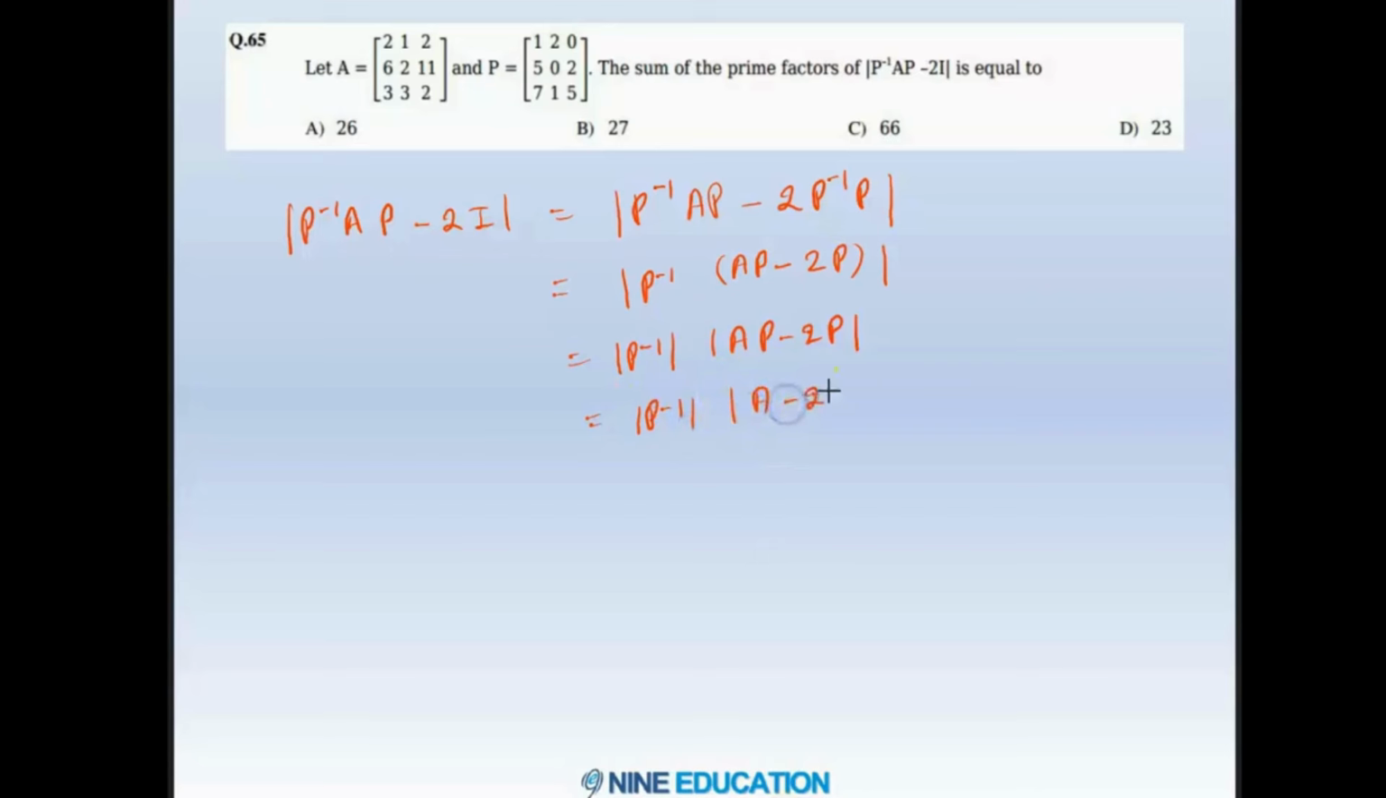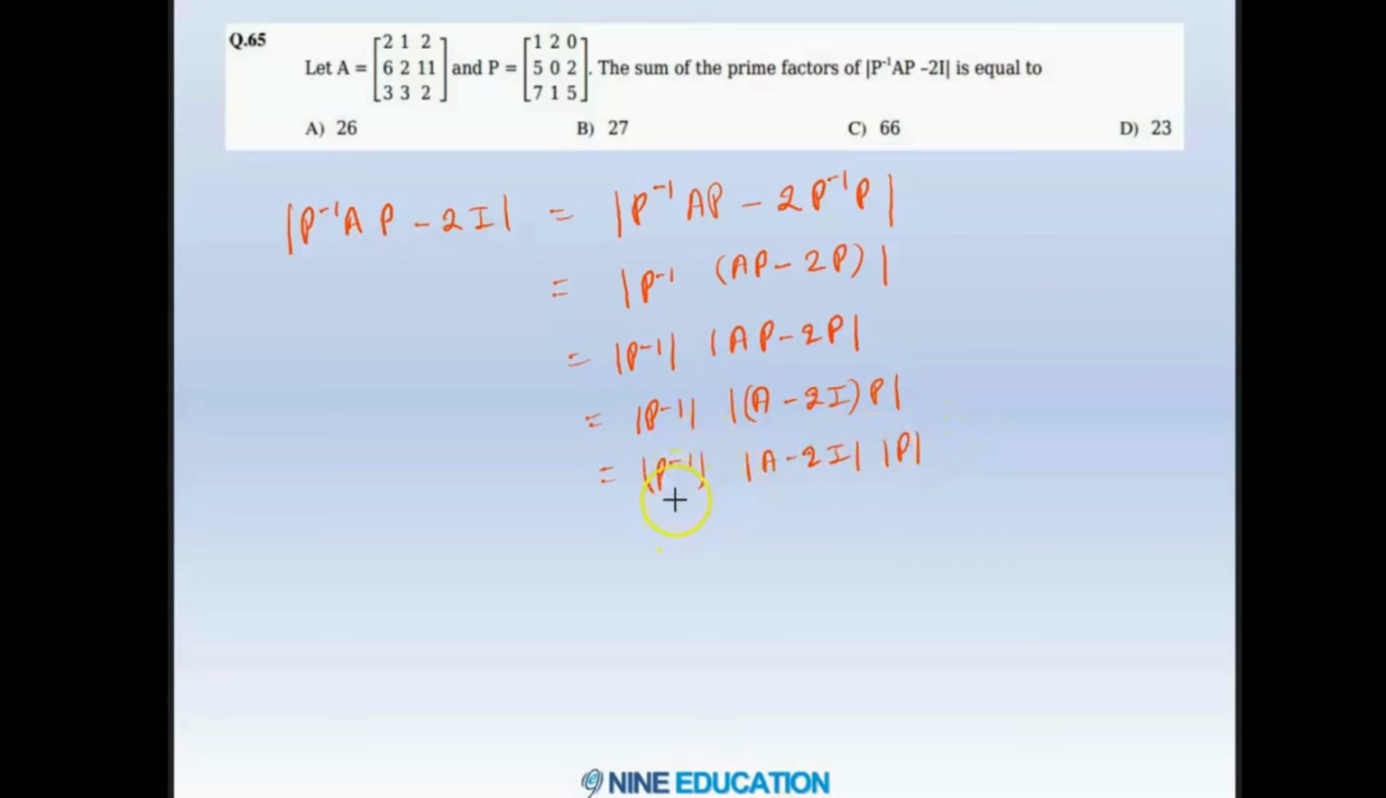So it is P inverse determinant into determinant of A minus 2I into determinant of P. So determinant of P inverse and determinant of P will cancel each other, because determinant of P inverse is nothing but 1 by determinant of P. Okay, so the only thing left is determinant of A minus 2I. So there is nothing to do with the P matrix at all. We simply need to solve A